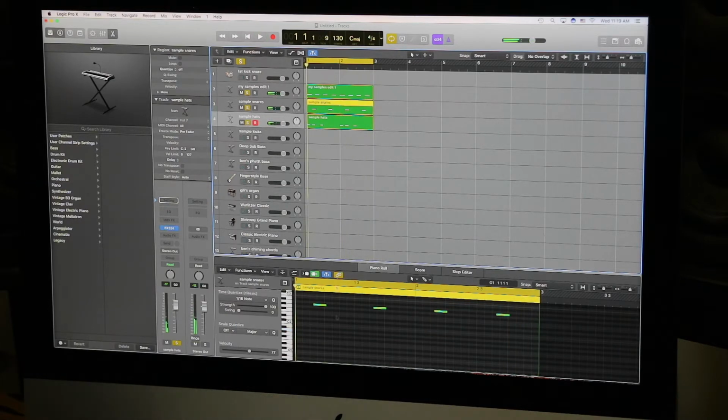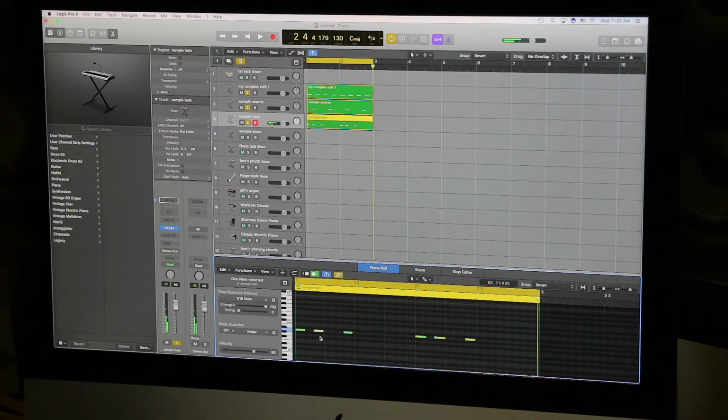Maybe I'll even take out one of these snares, the first one, because the hat's gonna hit there. Or maybe I don't need a hi-hat there. That's cool, but I think I liked it before better. So maybe what I need to do is take out these middle hi-hat parts. Let's see. Not quite working either. Let's just solo the hi-hat and hear what it's like.